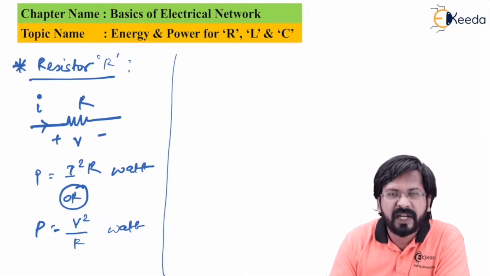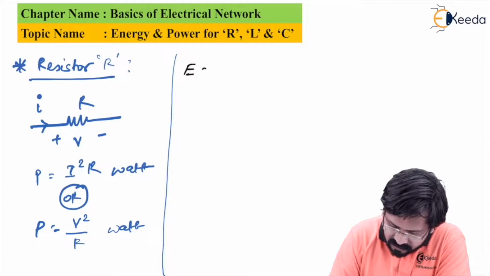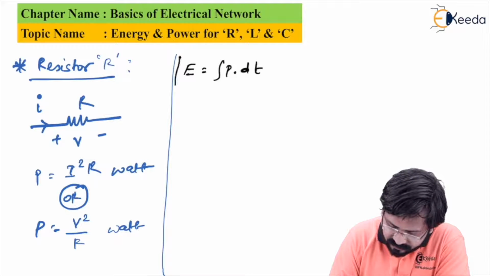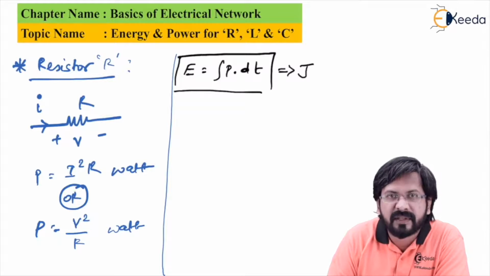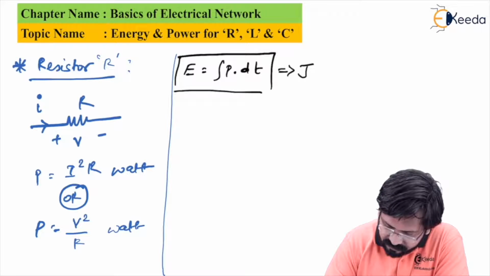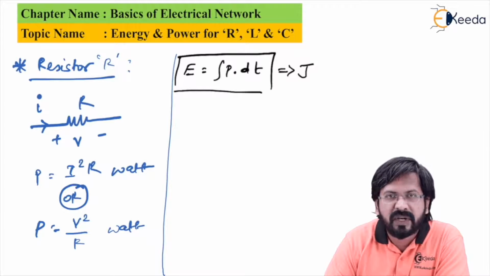Once we have power, we can calculate energy very easily because energy is integration of P over dt. So energy and power have a standard relation like this. Unit for energy is joules. Let us see how to calculate. Generally, we have a tendency to denote energy by W letter instead of E because generally we use E for EMF in electrical circuits. So let us replace this E with W.